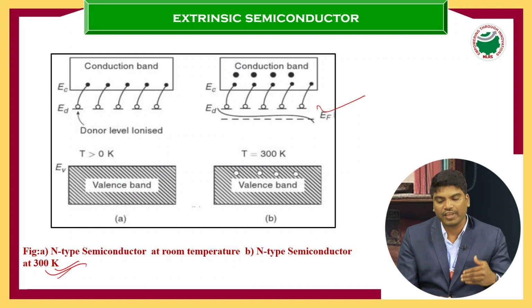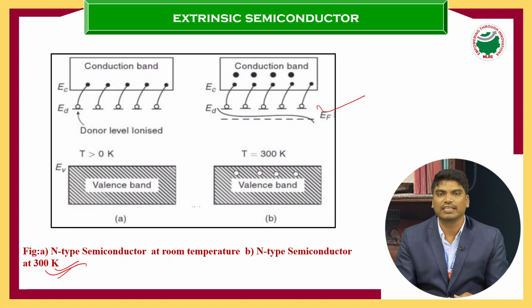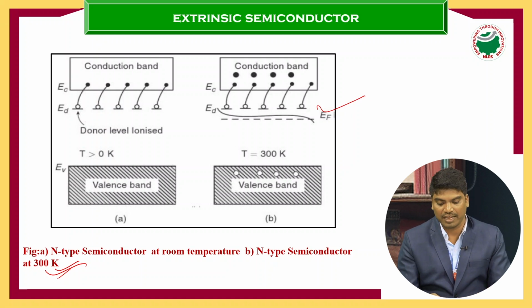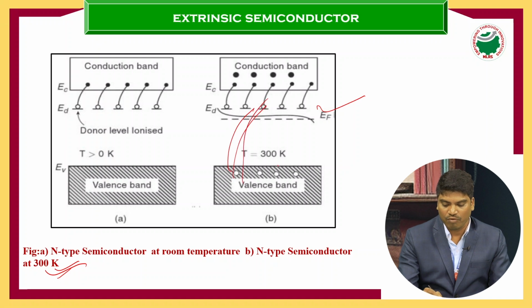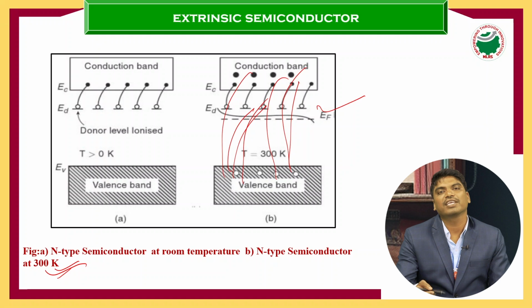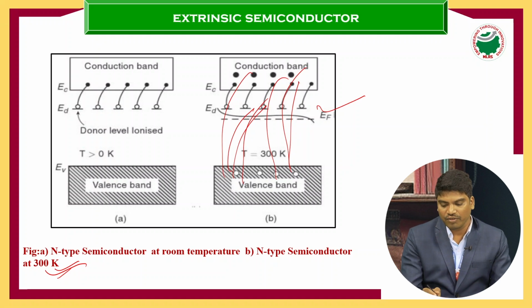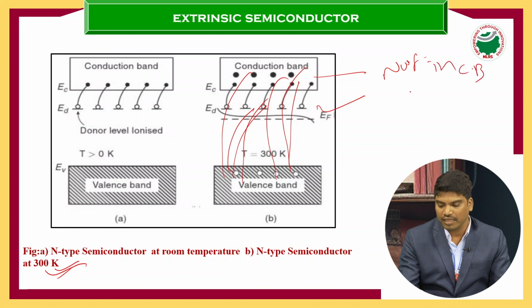After that, if I increase a little bit more energy, either thermal or some other, here I am explaining with reference to thermal energy. If I increase a little more thermal energy, then what happens? The electrons in the valence band will jump to the conduction band. Now you can see clearly that the number of electrons in the conduction band is greater than the number of holes